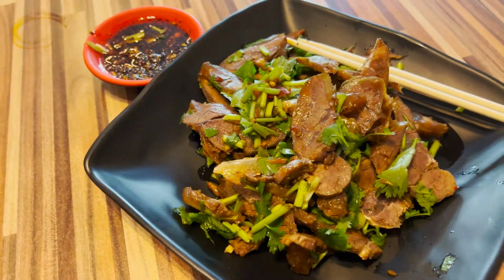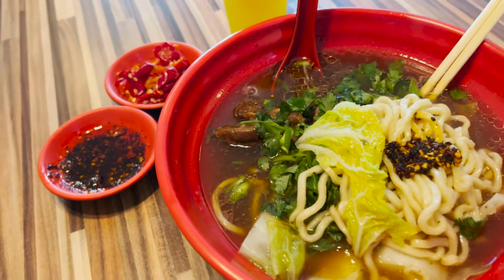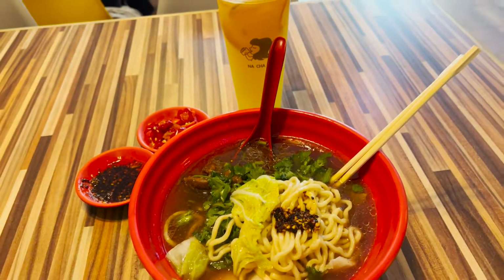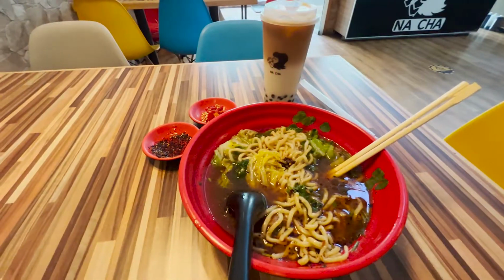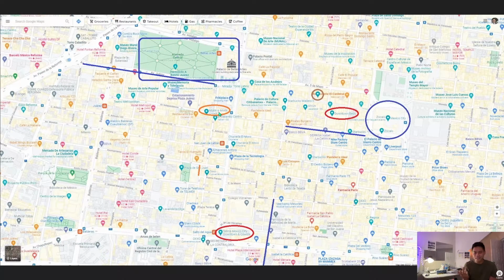cold beef brisket dish. And if you ask for some satay on the side, this dish is amazingly flavorful because together the satay spice, the kick, the acidic from the herbs, the freshness of the herbs combined with the baseness of the meat is just such an excellent dish. It's probably in the top 3 dishes I had in Mexico in the 13 or 14 cities that I visited. Even though we're in Mexico, it was a very excellent Taiwanese made and served dish that I would